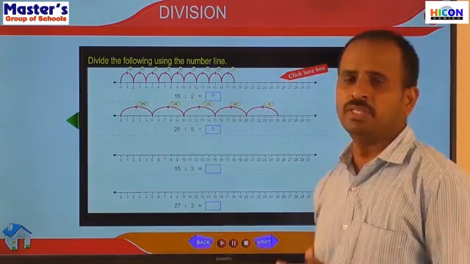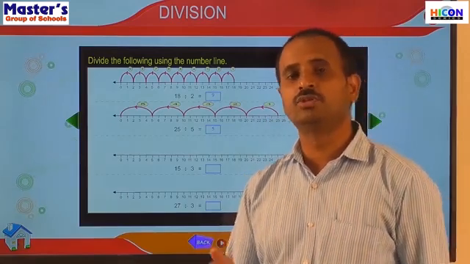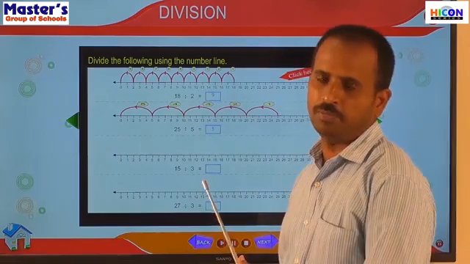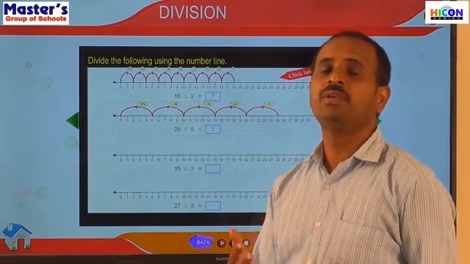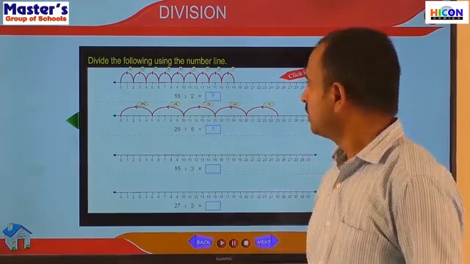So children, these are some example problems. We have practiced how to show division on the number line, and there are some more problems here. Practice the remaining problems at home as homework. So children, so next